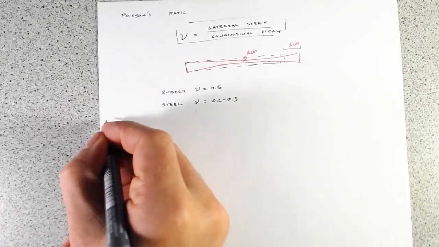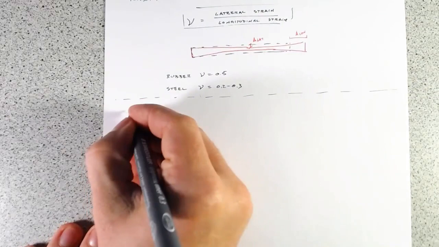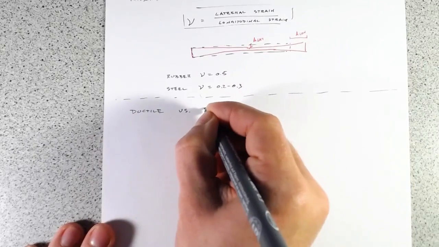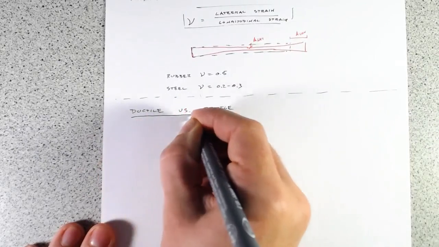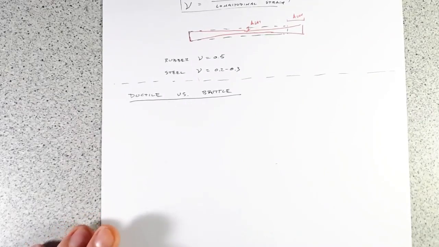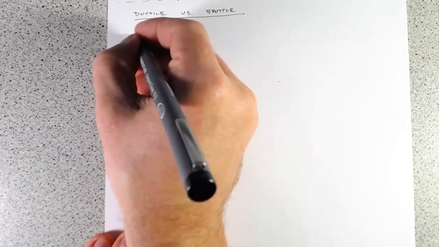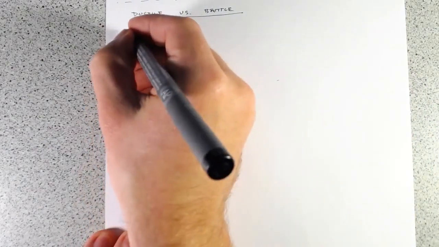So the last two things that I want to talk about are the difference in material type: ductile versus brittle. For these two, what I'm going to do is just draw two behaviors, one for steel and one for concrete. In fact, I won't even do stress-strain, I'll do force displacement. So for steel,